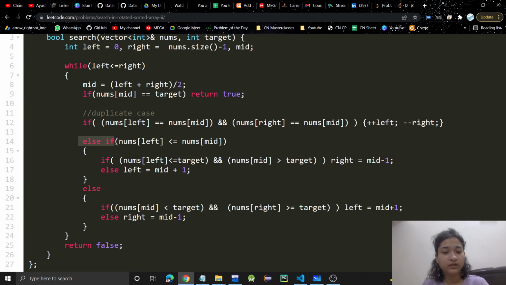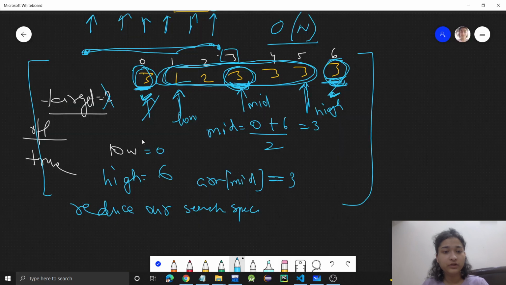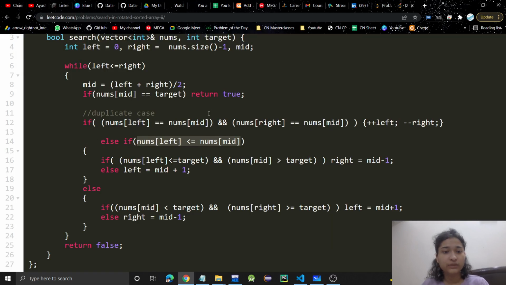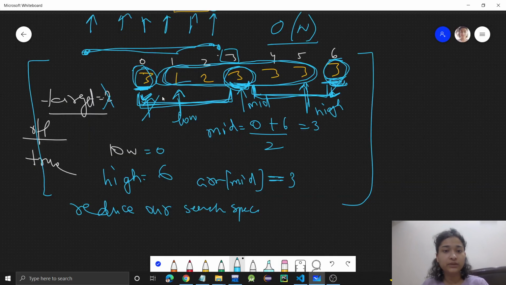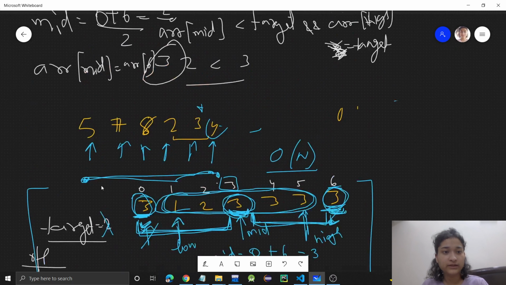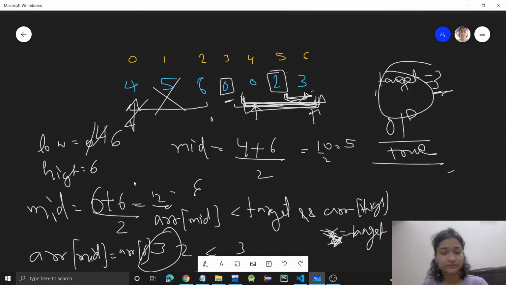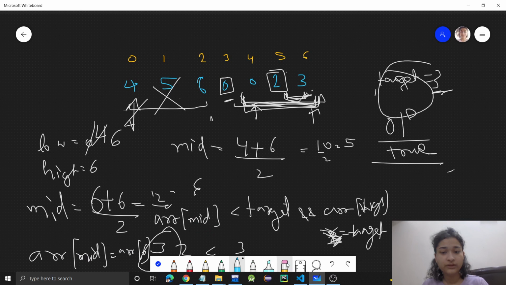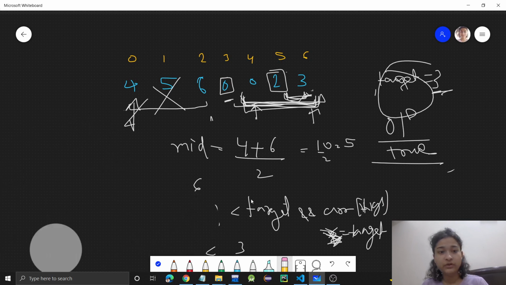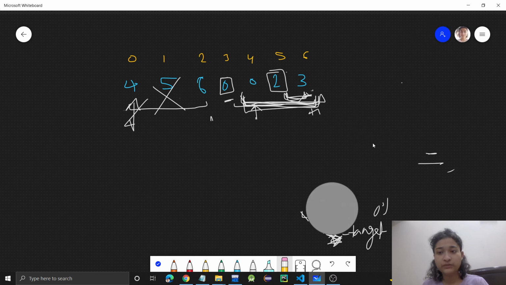Else if, we will check whether this is the sorted part. Basically, if this is the sorted part, should we move here or should we move here? Let's take this test case here. You need to check which part you should proceed into.